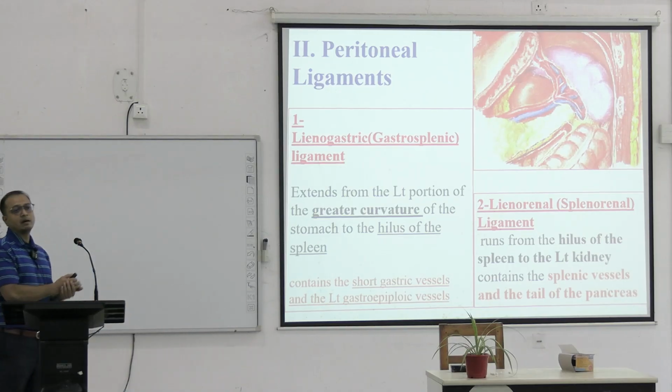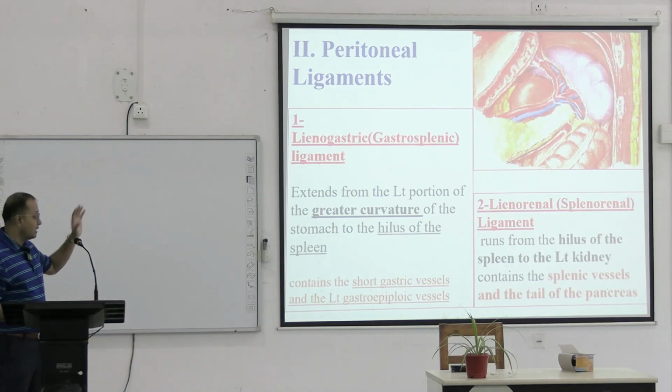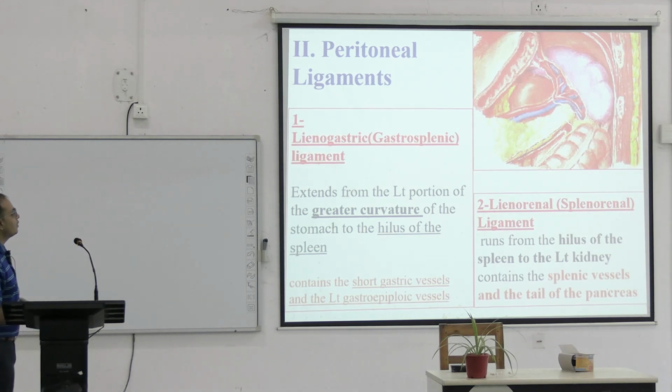Now, coming to the ligaments. Likewise with these reflections, you have to know the ligaments related to the upper abdomen and lower abdomen, and again the content of it. We call these the peritoneal ligaments, which are kind of important to us in relation to the stomach, spleen and kidney region. We call them